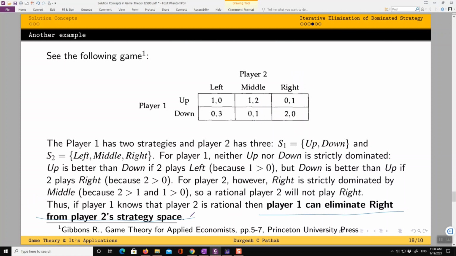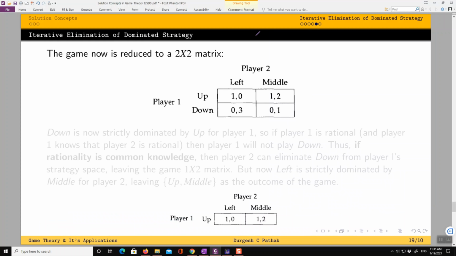This is what is happening, and this is very important. If player 1 knows that player 2 is rational, then player 1 can eliminate right from player 2's strategy space. Now this game became a 2 by 2 matrix. Now both players have two strategies only.